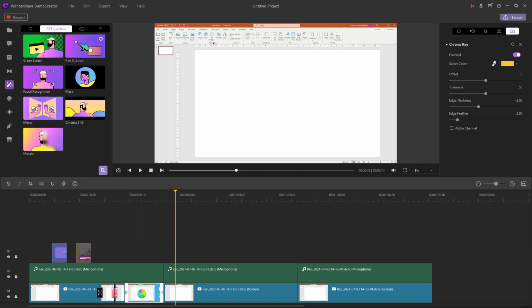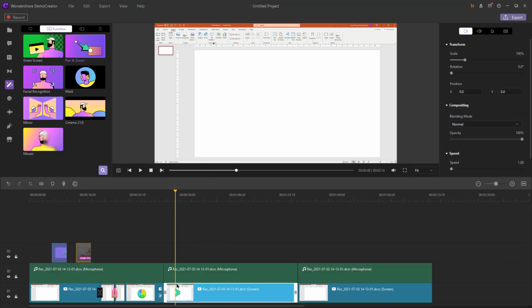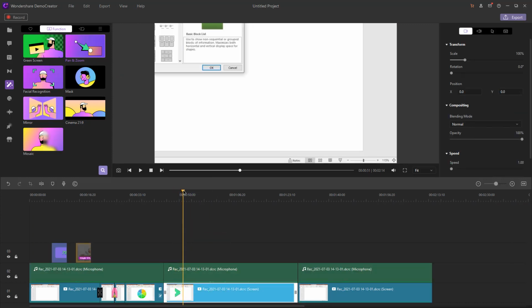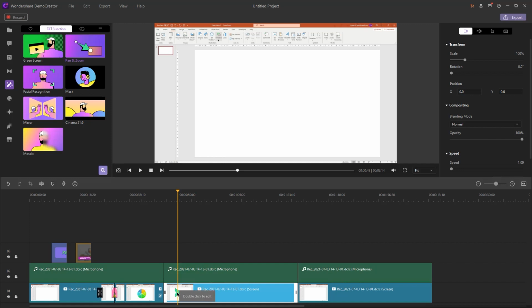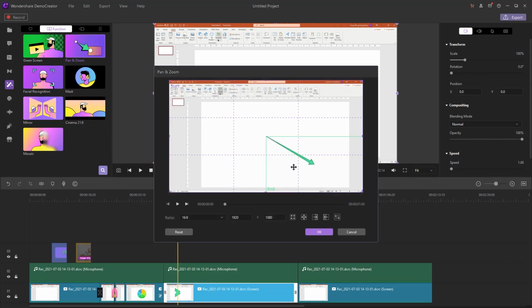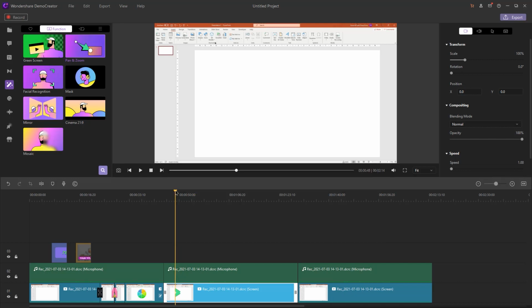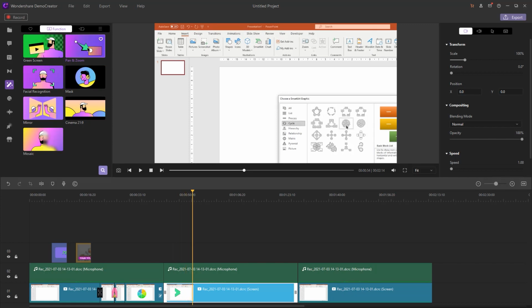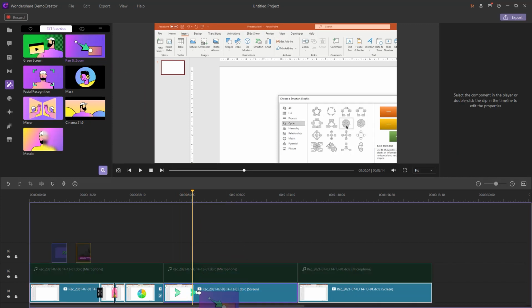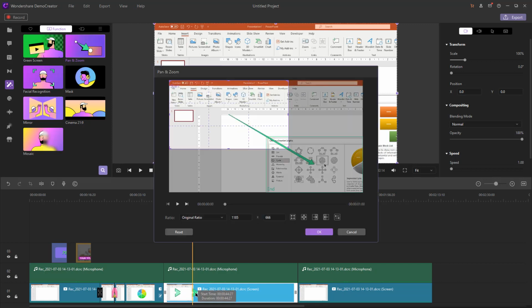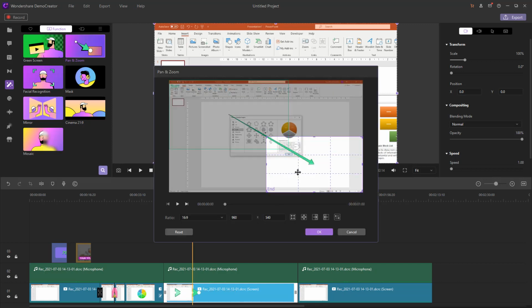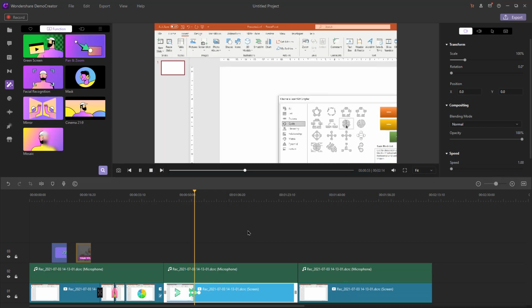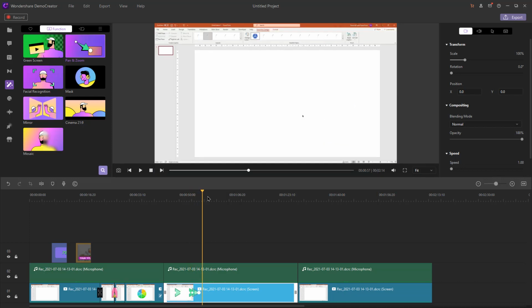So to zoom into your video, just drag and drop it into the video file. By default, that is how it zooms. So to edit it, double click on the green arrow, select the zoom box, and then drag and place it as per your requirement. Now that's how it zooms in. Pretty simple steps. Similarly, to zoom out, drag and drop it onto the video file one more time, double click on the green arrow, select the zoom box, and then adjust it to full video size. Now you can see our video zooms out. Hope you got the steps.